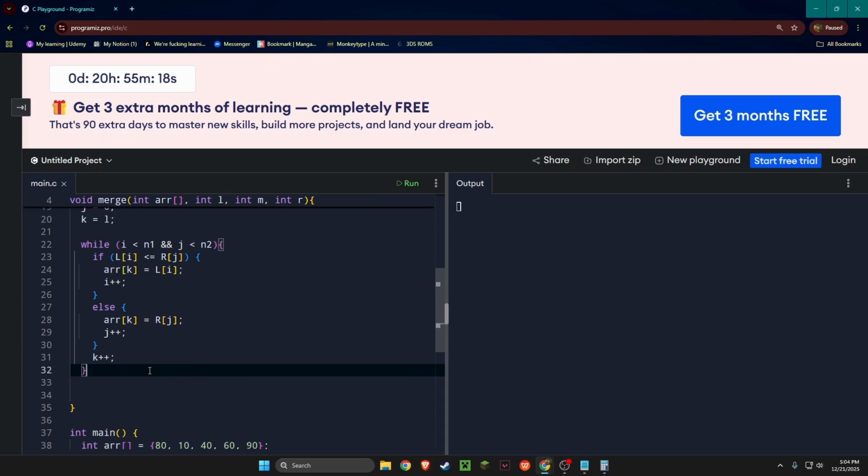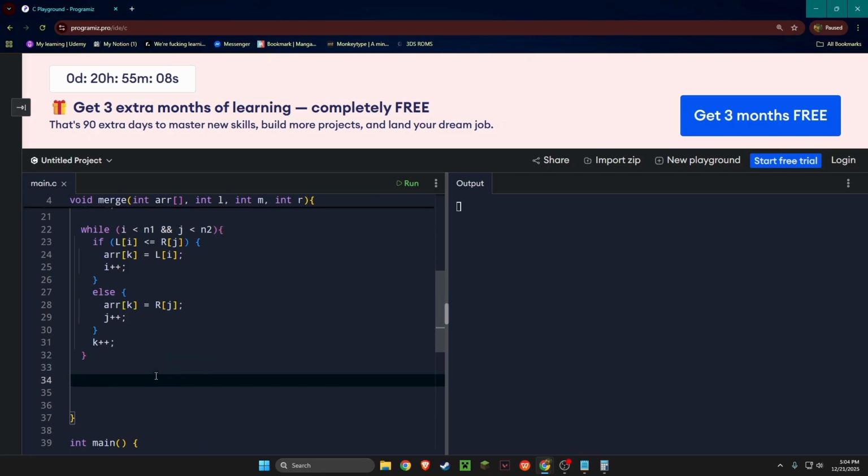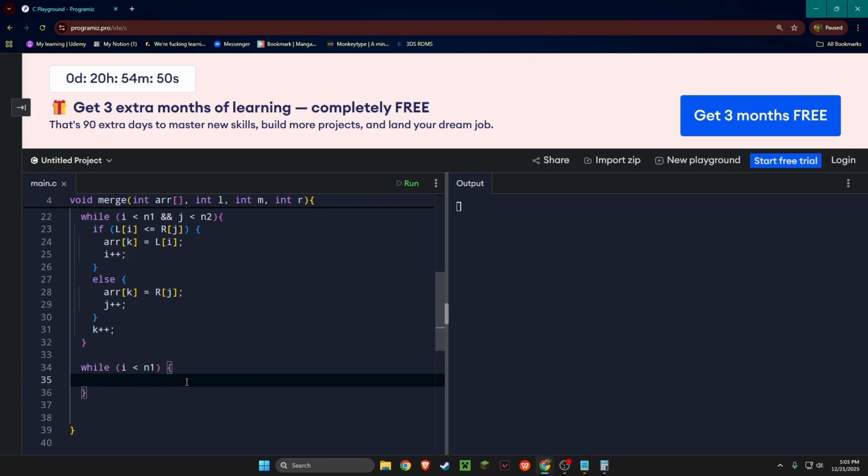So next one, I wanted to do this just to make sure, because sometimes it doesn't really print out and sometimes it does. So that's why I want to make an exception. I want to make a just in case while loop to print out everything. So basically, we're gonna make a while loop again. Oh, my bad, not line 0. And then we're gonna call I is less than n1. If I is less than n1, then we can assign k